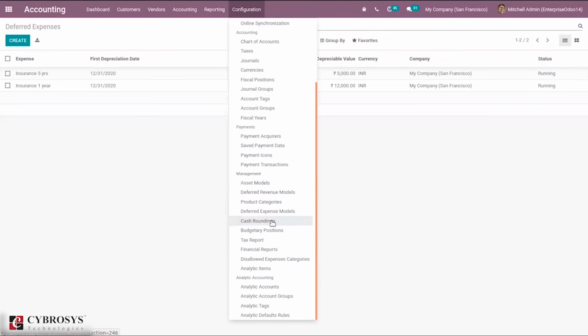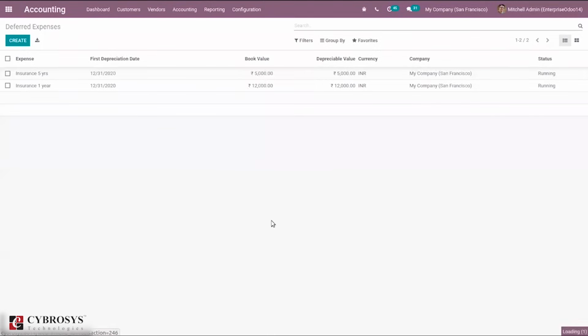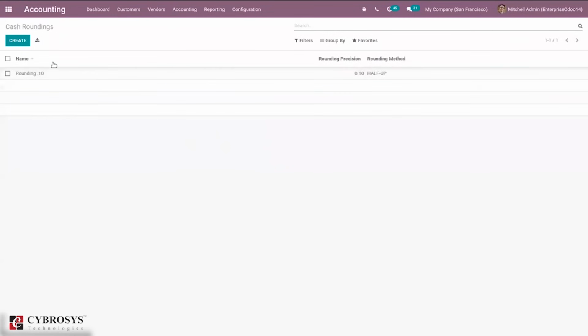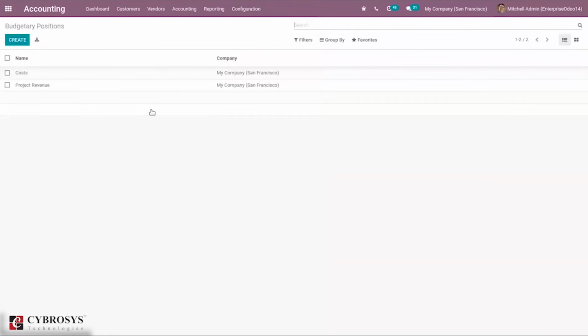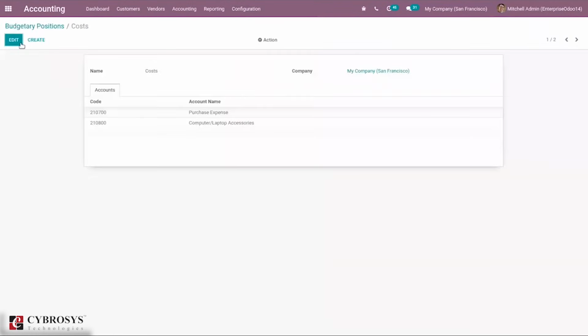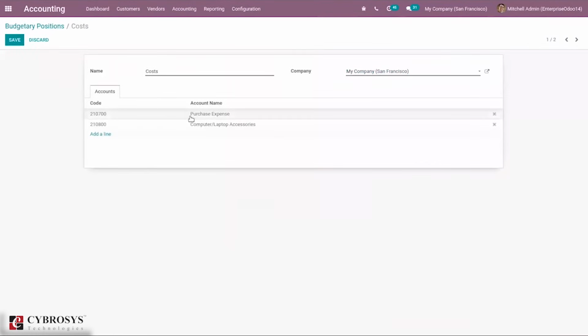Then we have cash rounding. So we can create cash rounding. Then we have a budgetary position. We have seen that we have enabled budget management in configuration settings, so we can manage budget, like we can set budgetary positions. Inside that we can add expense or income accounts. At least one account from the chart of accounts needs to be added here.